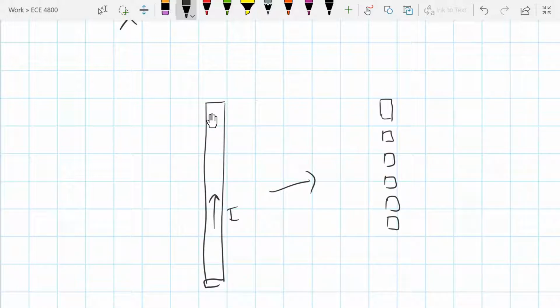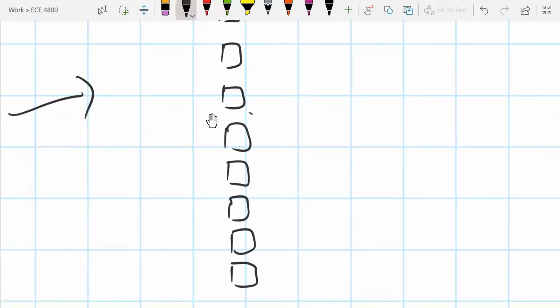All right? And we're going to calculate the magnetic force on each one of these chunks. So in this case, B was going into the page. All right. Now, if we look at each one of these chunks,